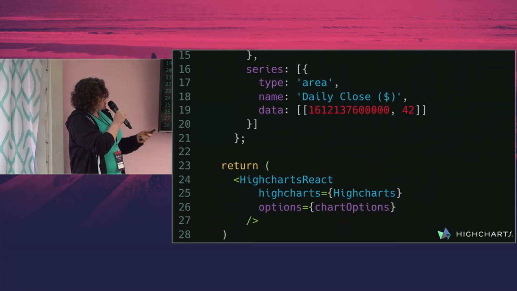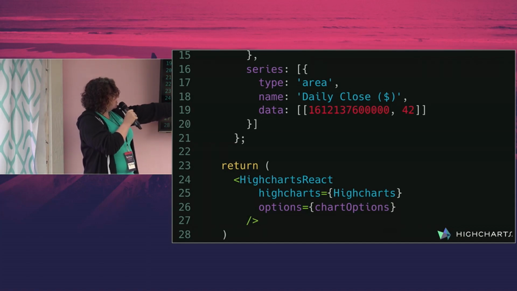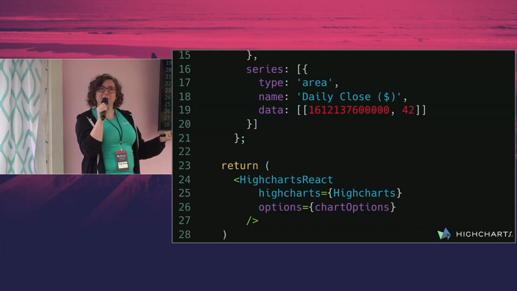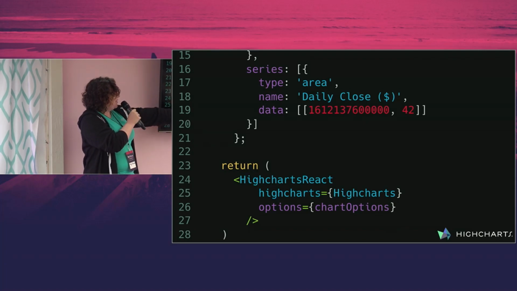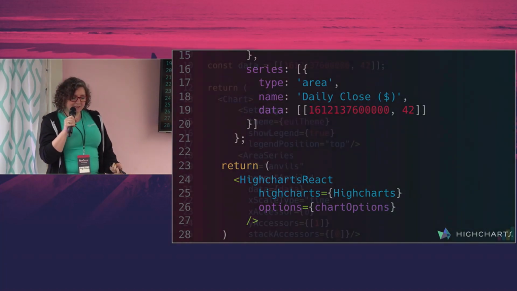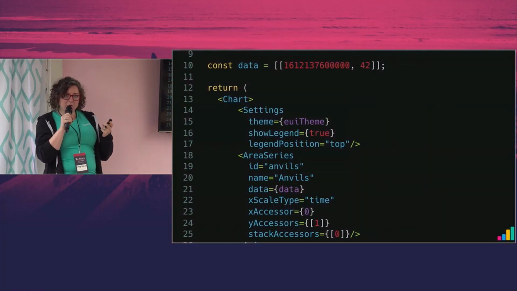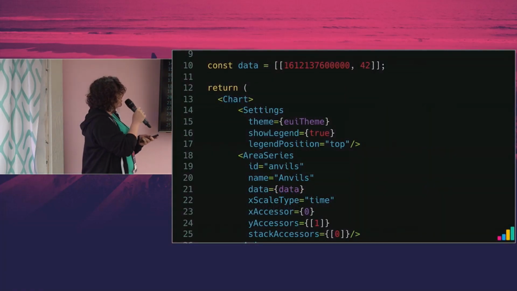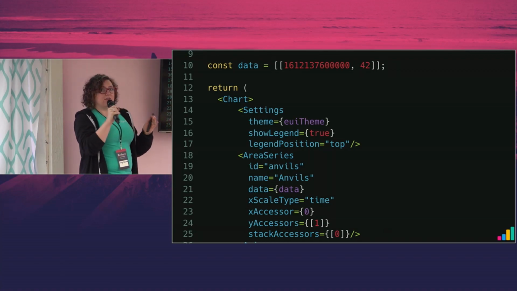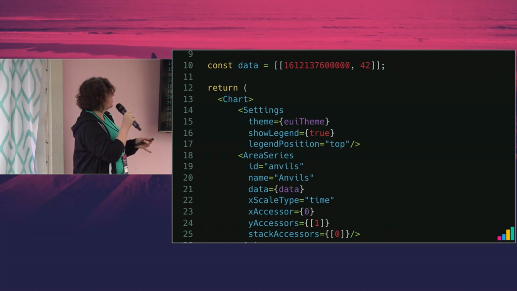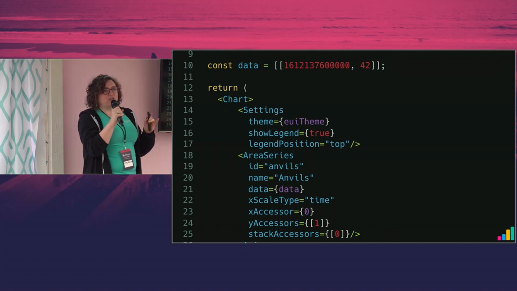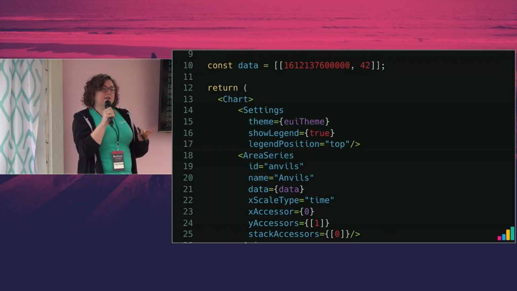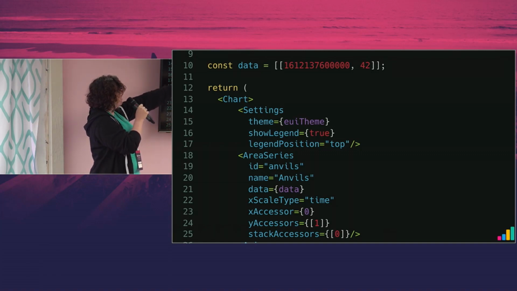And then here's an example of the wrapper in action. You're going to use the specific React one in this example. Other frameworks are available with wrappers too. And then you'll pass in the appropriate options. Now I'm going to move on to the Elastic one, which is more of a React kind of feeling one. What you'll see is that some have the idea of a theme. Highcharts does have this too. So depending on the state of your app, you'll probably have to pass in the theme. That line 15 there will help you out.